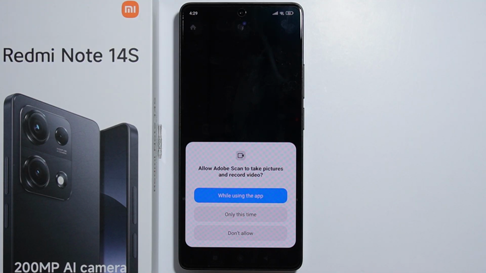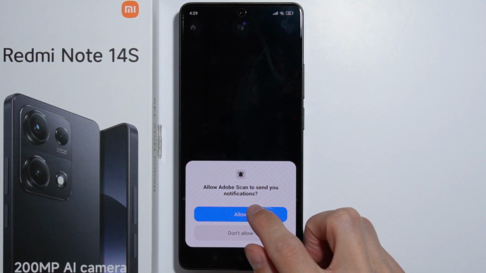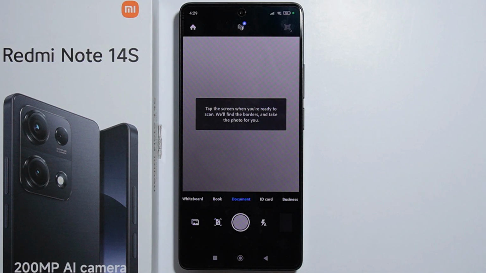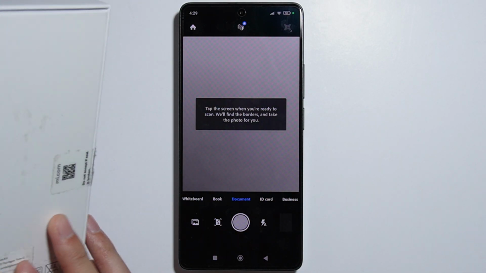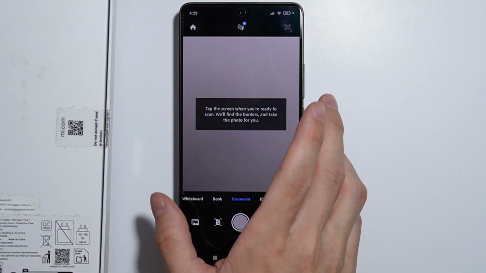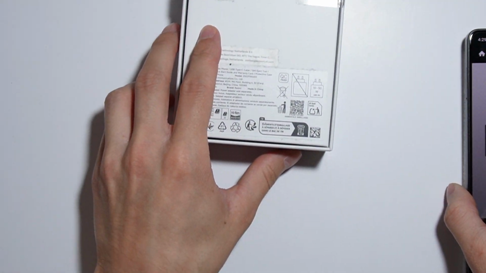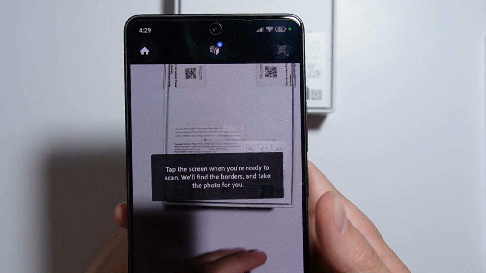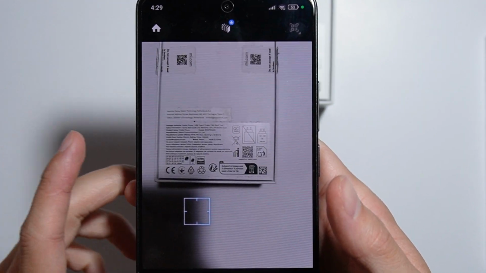Obviously you also have to allow this application to use the camera and some other stuff, so let's allow all of these permissions, and now tap the screen when you are ready to scan. So I will, for example, try to scan the back of this box of this phone. So let's put the box right here, and I will put the phone above the box, and now let's tap,